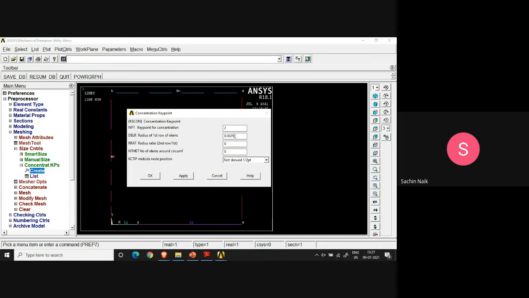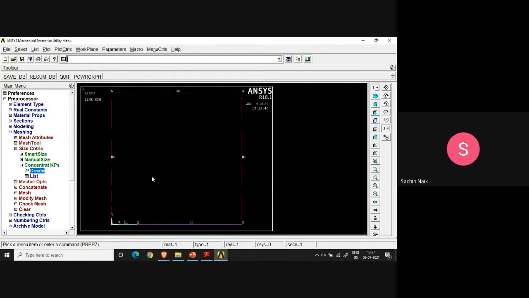So you can take a value, say, reasonably small as given by this, 2.5 millimeters is the size. I would like to have the mesh close to the crack tip to be that small, so that we have more accurate results. And we have, of course, specified that as you go away from the crack, it will go on becoming coarser and coarser. So I say OK to that, and the instruction has been taken by the software.